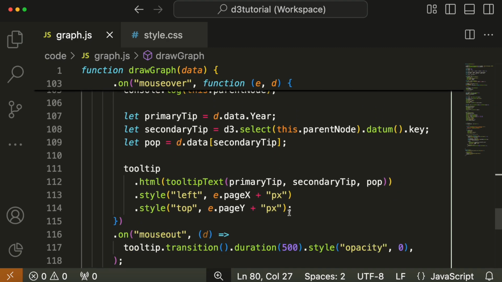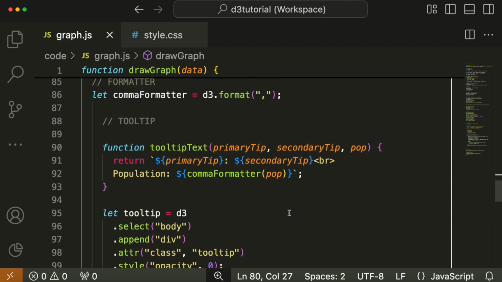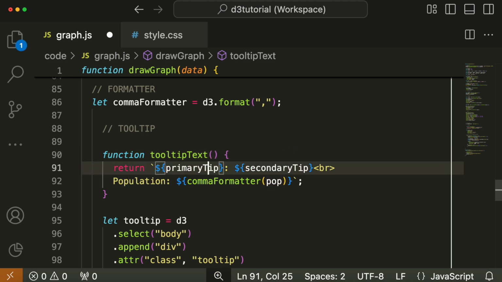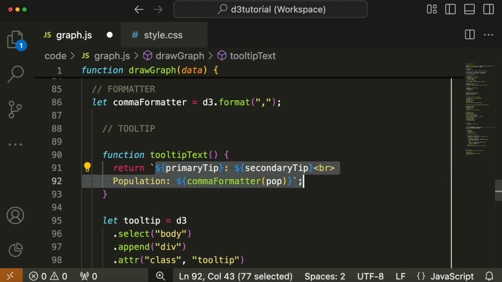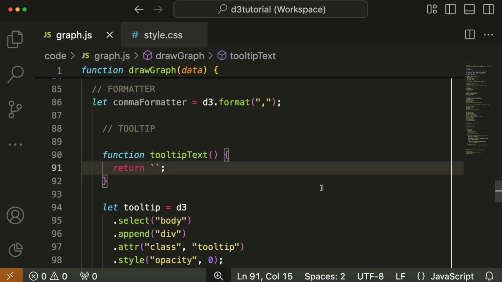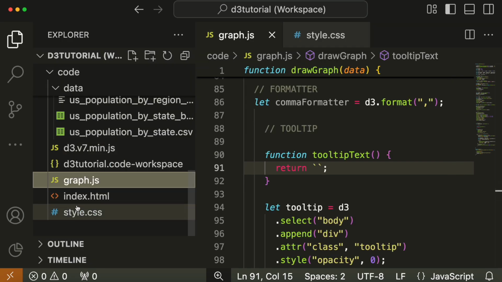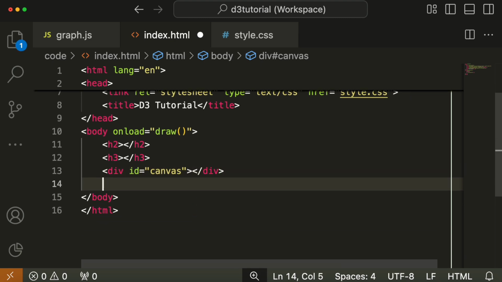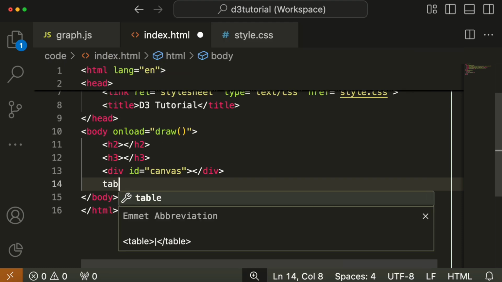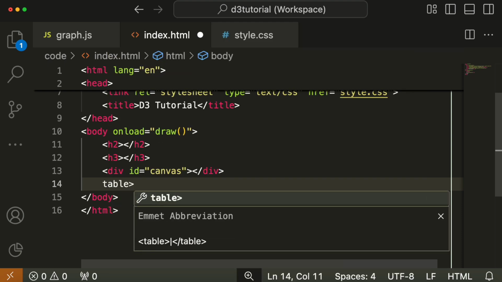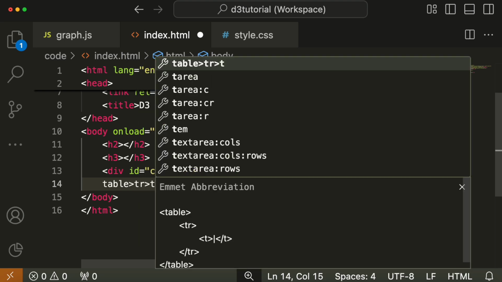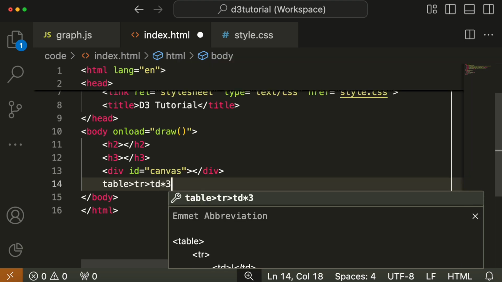So we've just given it minimal HTML, but you can put in any HTML that you want. So we're going to flex our muscles a little here, and we're going to create a table, and the table will be displayed in the tooltip. So we get rid of this old formula here, and to create a table in HTML we can use the Emmet extension, which is a default with all modern IDEs, with all modern code editors. So we type table, then a greater than angle, TR for table row, and TD times 3